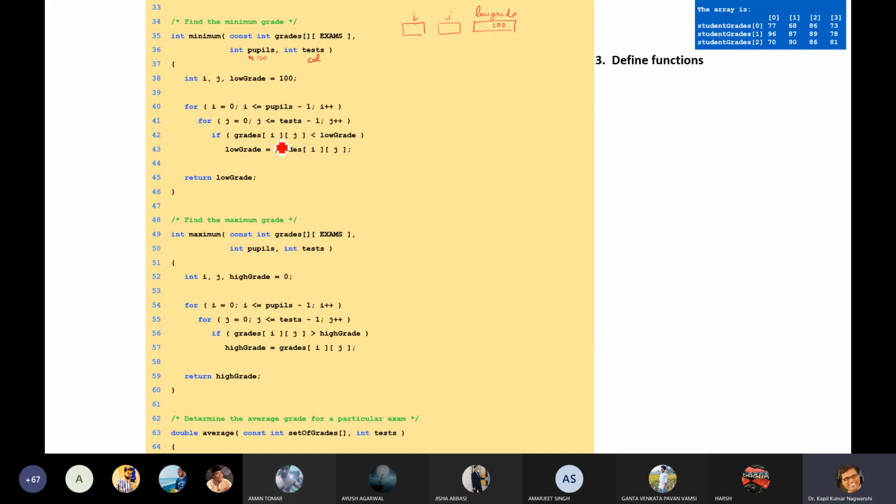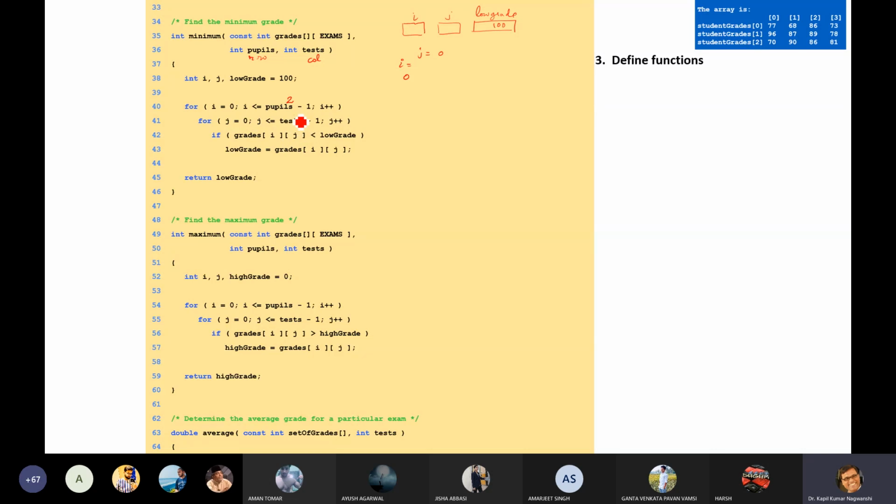Fine. Now for i equals to 0, i is less than or equals to pupil minus 1. So i will run up to how many times? 2 times. And i plus plus. And for j equals to 0, j is less than or equals to test.